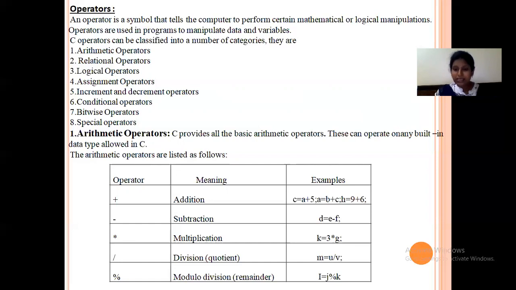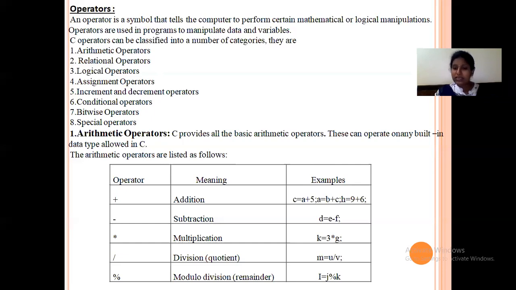The second example is subtraction: you subtract two variables using this operator. You can multiply a value with a variable. Then you can divide two variables. Then you do modulo division between two variables.